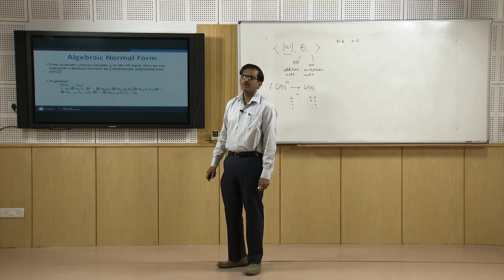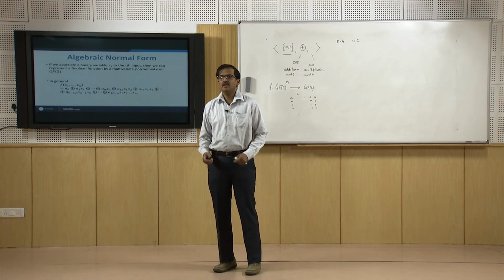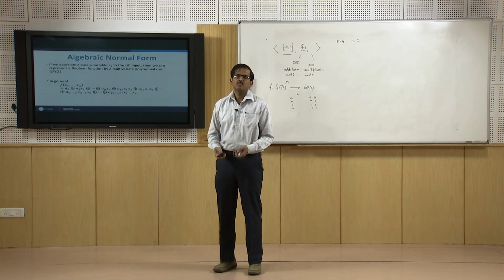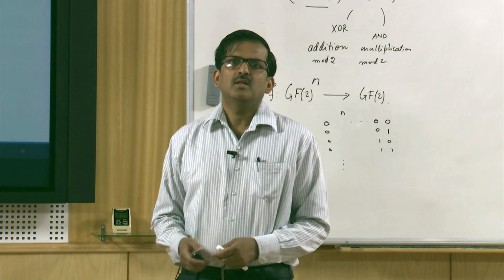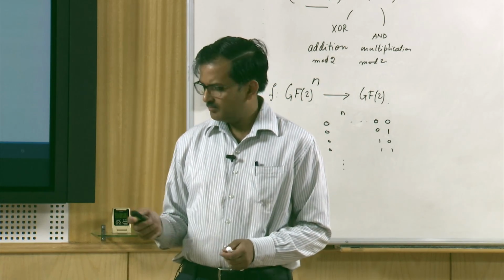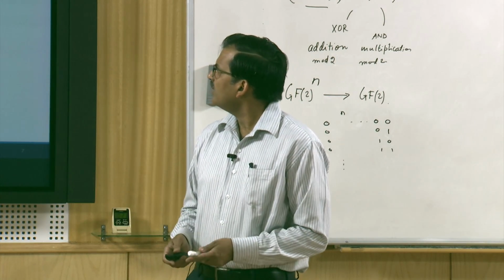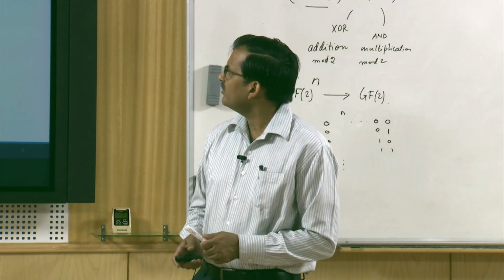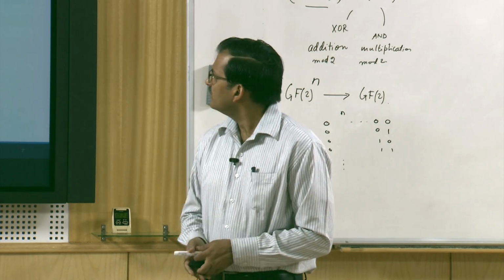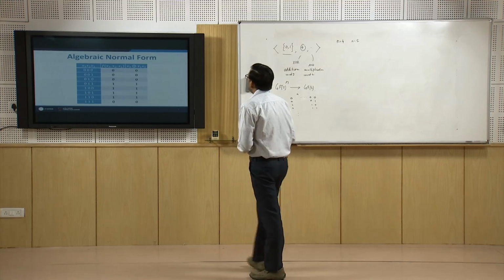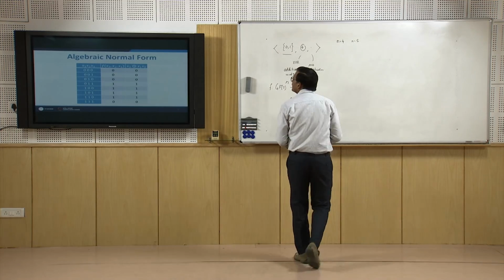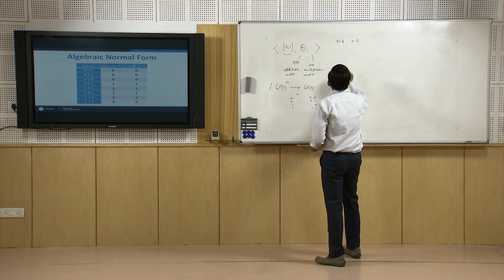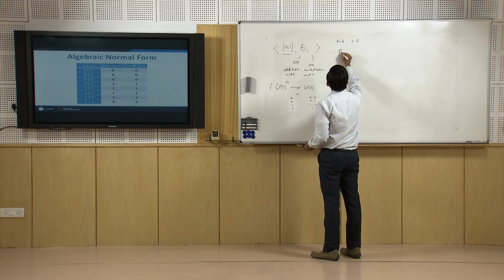The algebraic normal form of a Boolean function is unique. I am again not going into the proofs of that, but we more or less understand algebraic normal form. So, if we come back to the same function, then we see that if we had evaluated an algebraic expression like this,